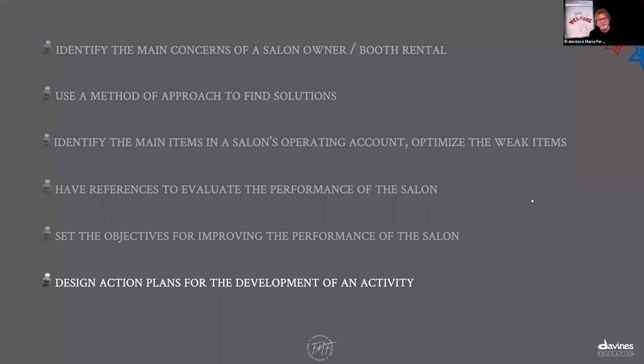Identify the main items in a salon's operating account, optimize the weak items, have references to evaluate the performance of the salon, set the objective for improving the performance of the salon, and design action plans for development of an activity. I have to say that this type of goals for today is probably a bit ambitious due to the fact that it is more about